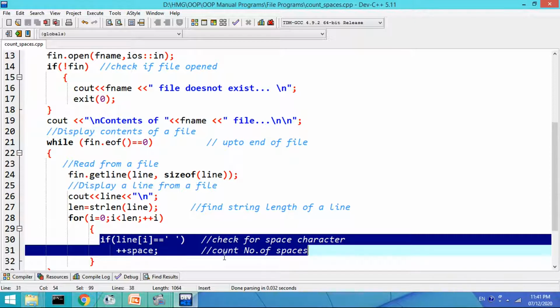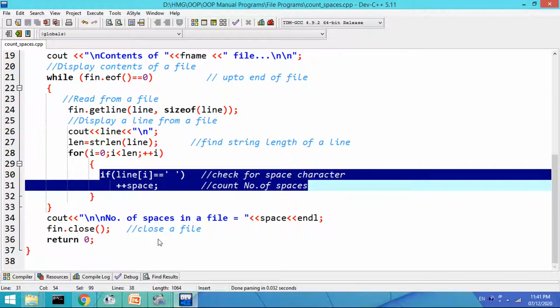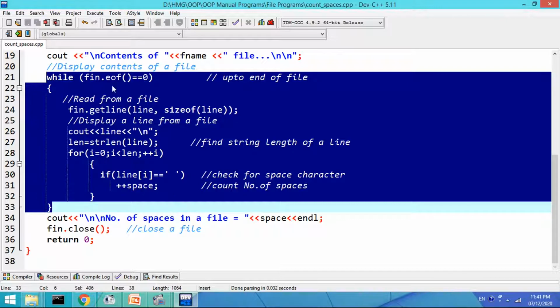So like this ++space will count the number of spaces in a file if the character in a line is a space. Then like this, this particular while loop will continuously read one line at a time from a file, and then line will be displayed, and the number of spaces within the line will be calculated using this if condition.